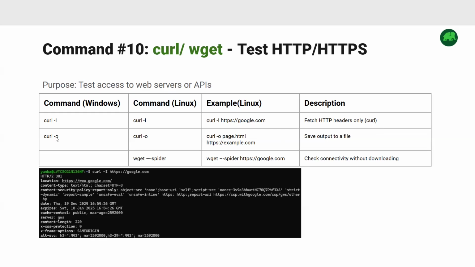Then we have curl -O on Windows and the same on Linux, curl -O, save output to a file. If we want to check the connectivity without downloading, we can use this command, wget with the argument --spider. curl -I